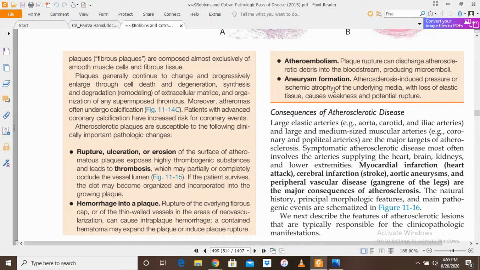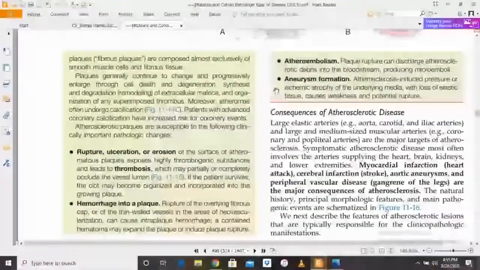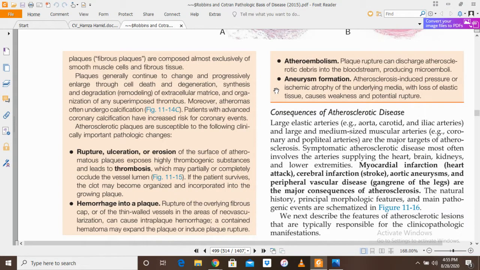Now, aneurysm formation. Due to the atherosclerotic plaque formation, the space between the lumen and the media is increased. You can see the previous diagrams showing this. The space between the lumen and the media is increased, and the media of the vessel wall undergoes